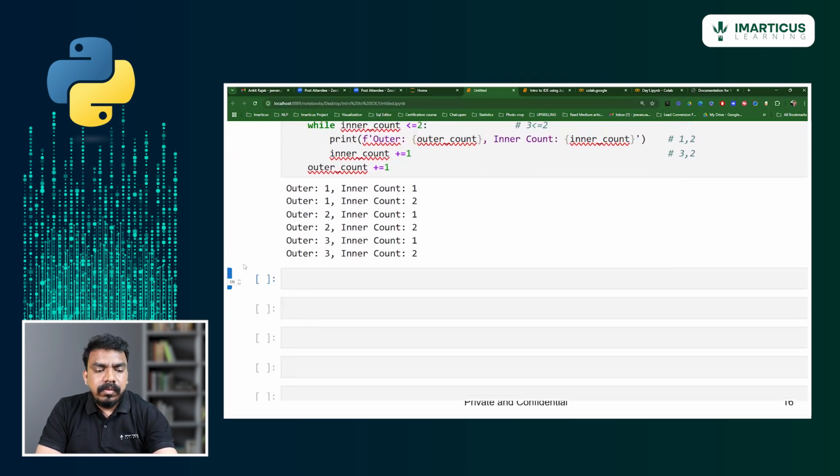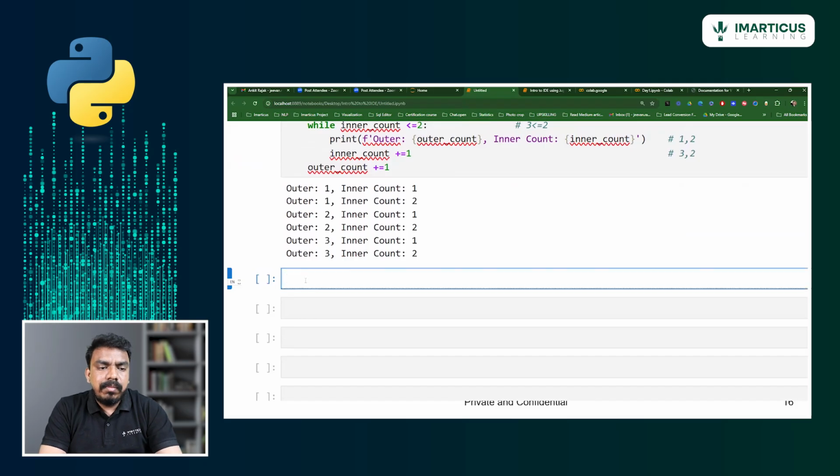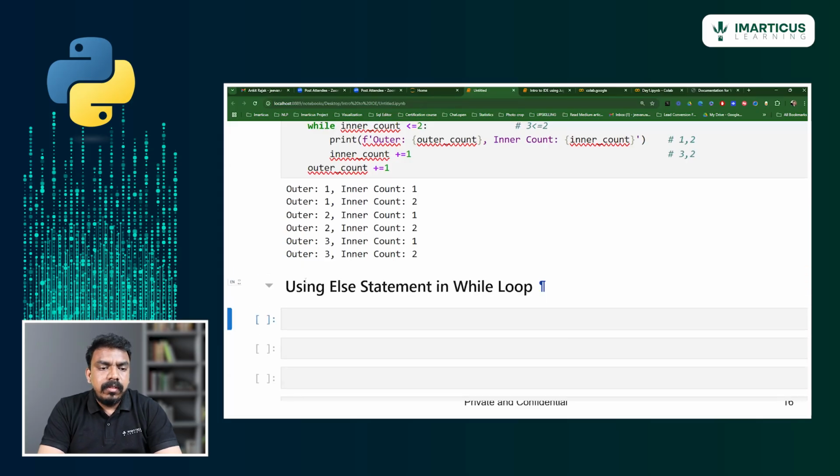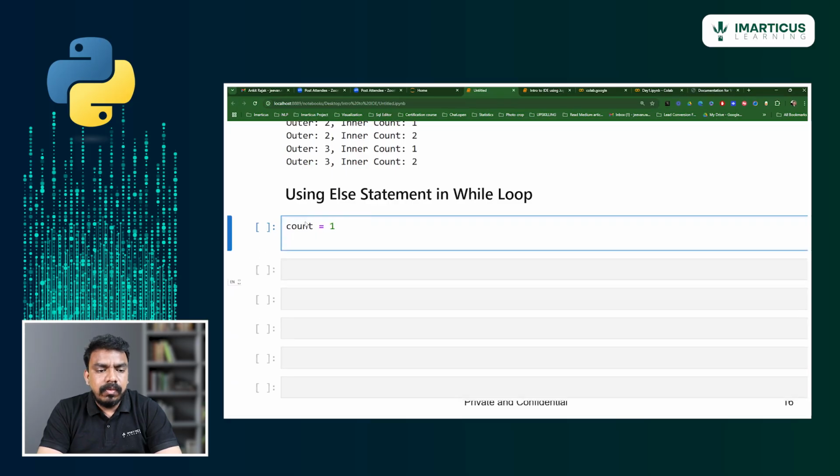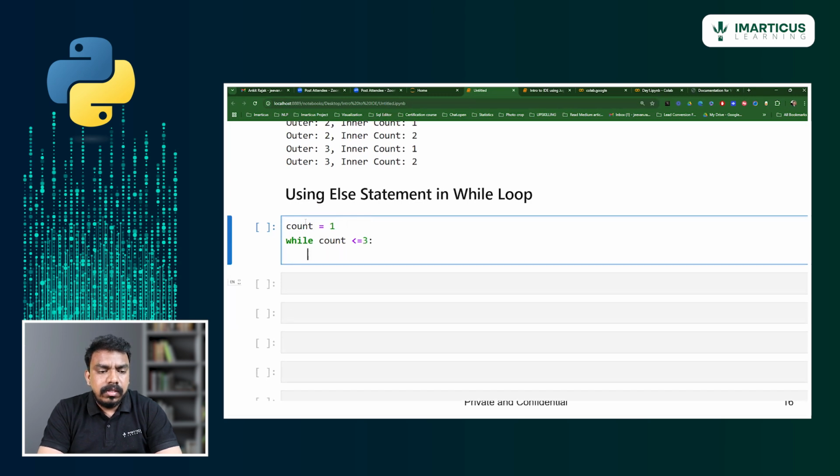Now we'll talk about how to use the else statement with a while loop. Here I am initializing count as 1. While count is less than or equal to 3, if this condition is satisfied, I print count.